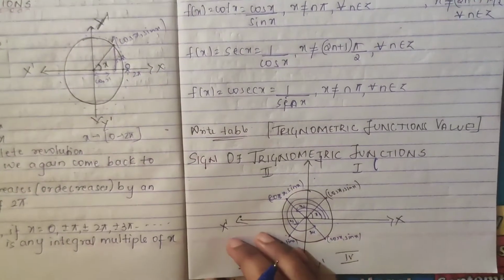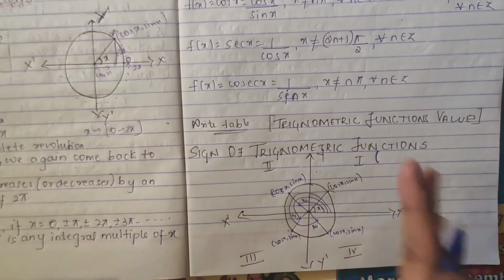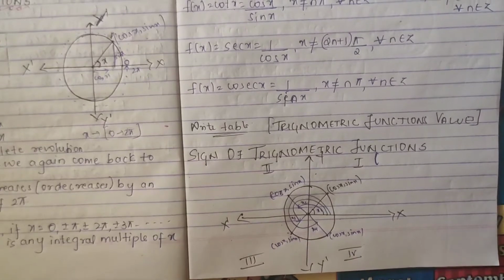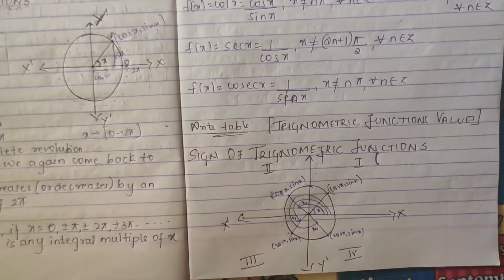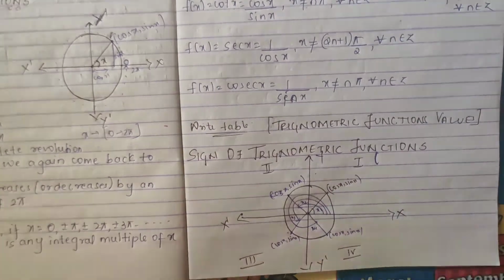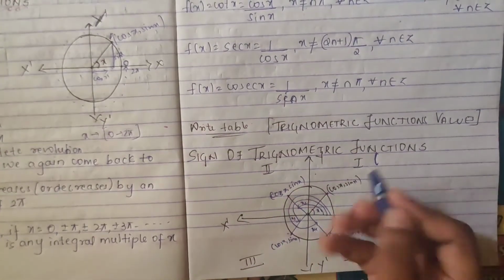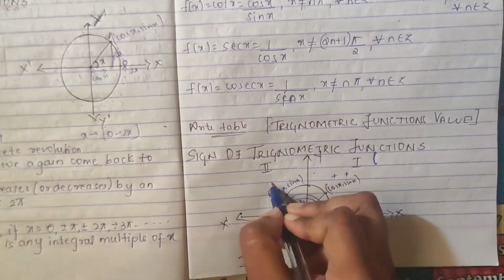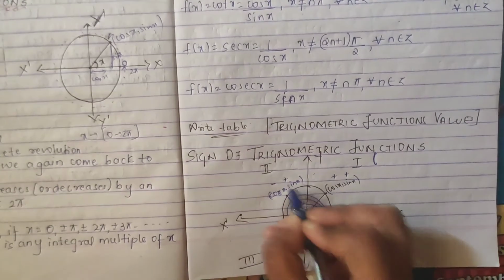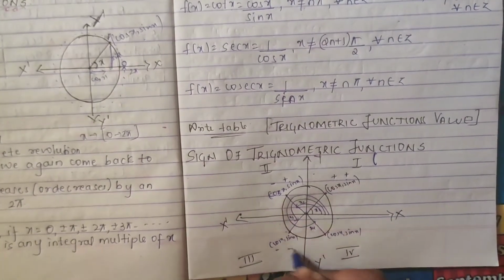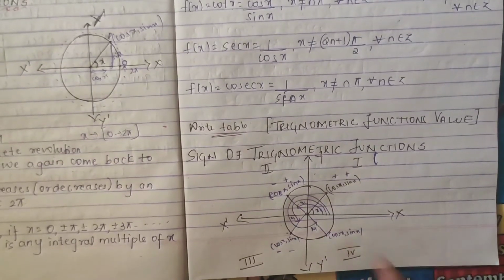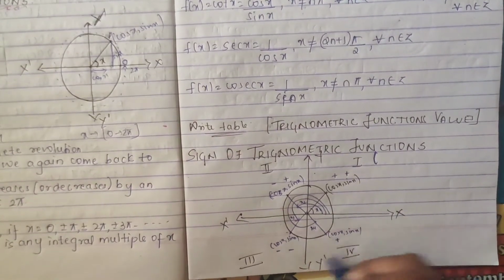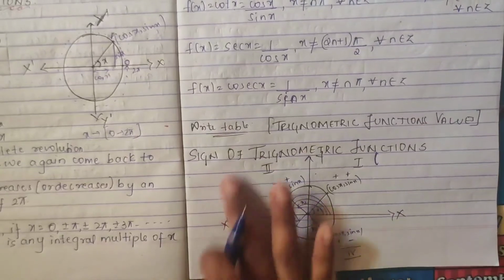Now we'll see signs of trigonometric functions. Like we have quadrants, right? First, second, third, fourth. We can call these quadrant angles. But considering the same circle, we had taken any point x, cos x, sin x. In the first quadrant, your cos x and sin x were both positive, right? In the second, cos x was negative, sin x was positive. In the third, both x axis and y axis values were negative. In the fourth quadrant, your x axis was positive and your y axis was negative. So as you can see from here,